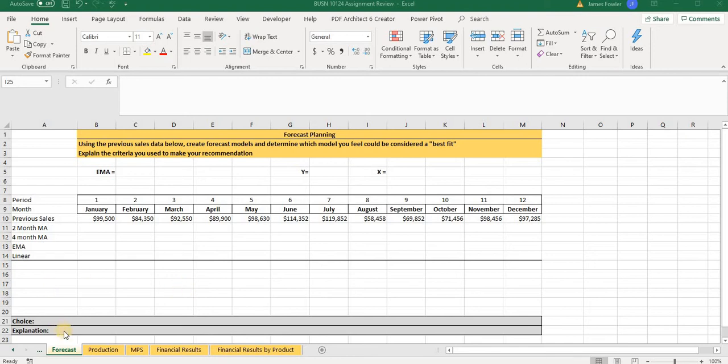So our first tab here, we've got forecast. We've done this a number of times in class, and quite simply, we've got period numbers from 1 till 12, our months, and these were our historic sales. We'll say this was 2019. And this is where everything begins, not only in the project, but in real world situations, you've got to plan